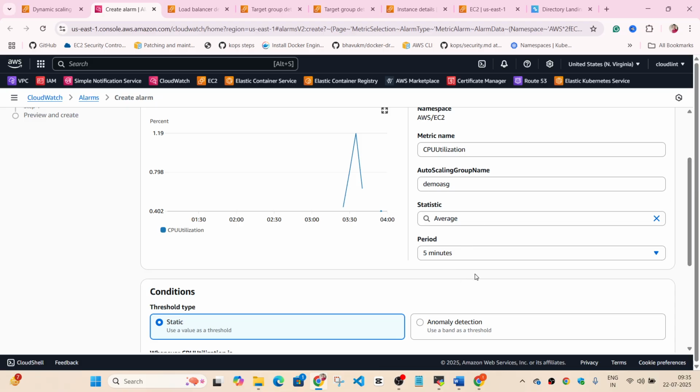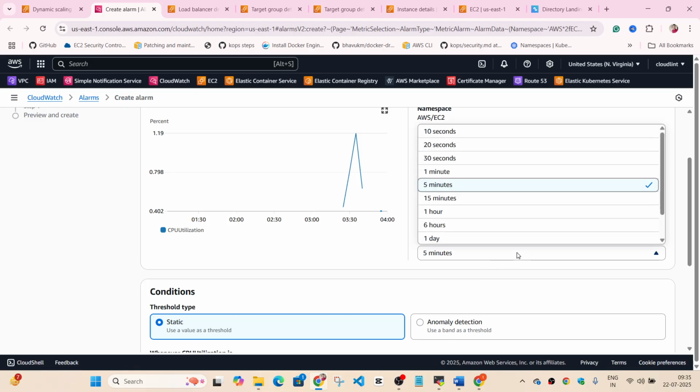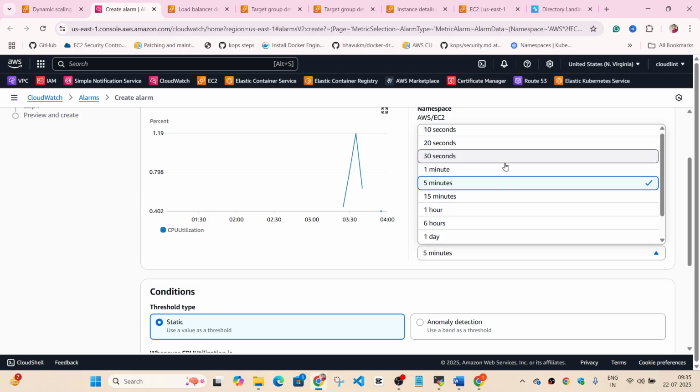and here's the issue. I did it again, and I had the same issue, and I raised the case with AWS to understand it. I was on a call with them. They told me that sometimes when you choose this time period to be like 10 seconds or 20 seconds, the CloudWatch alarm doesn't have enough data points to decide whether to trigger the alarm or not. So it is always the best practice to at least have it for 5 minutes. But I have seen this working with 10 or 20 seconds also in the past, but yesterday it wasn't working.